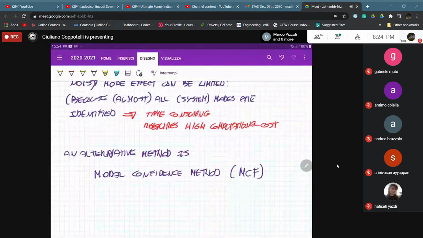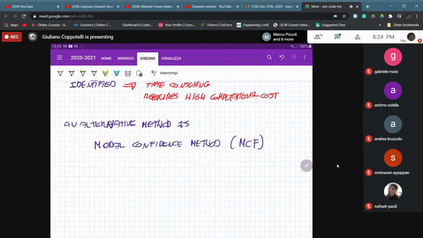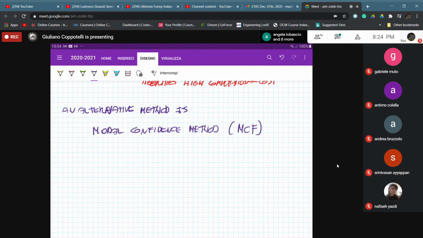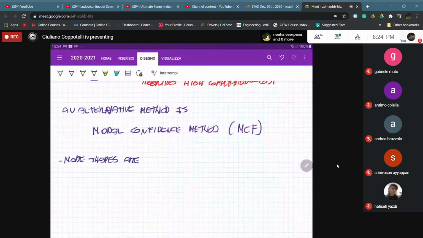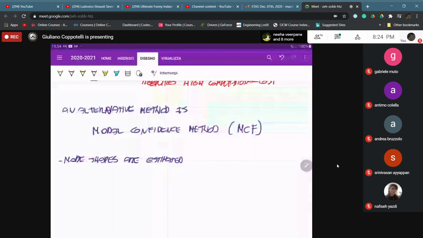And in this model confidence method, most shapes are estimated from different time shifts, the one that I call delta T3 and others, okay,